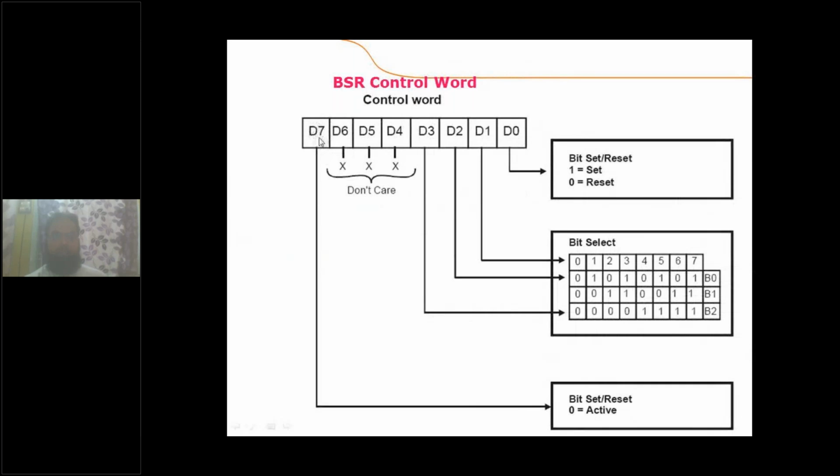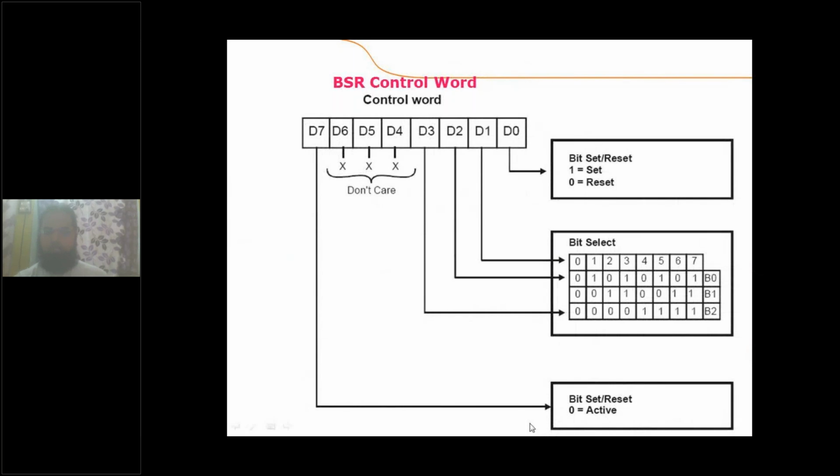If this bit is 0, the 8255 is operating in BSR mode. If this bit is 1, the 8255 operates in IO mode. Let us suppose this D7 is 0, it means the 8255 is operating in BSR mode.